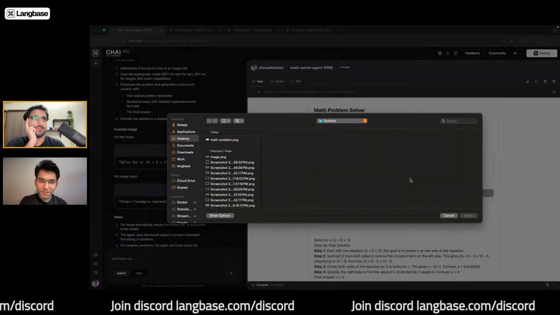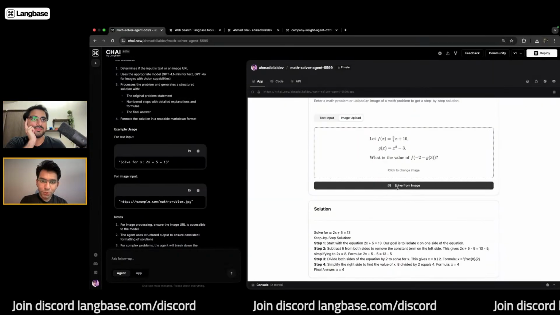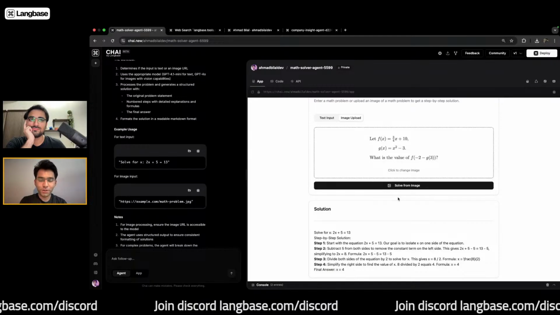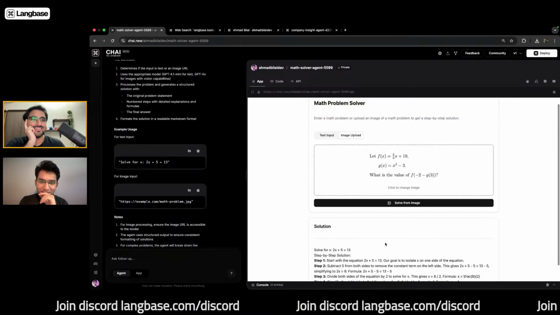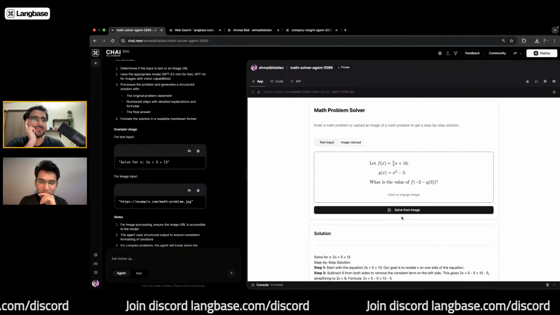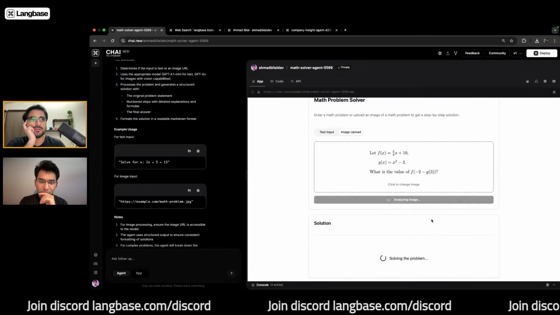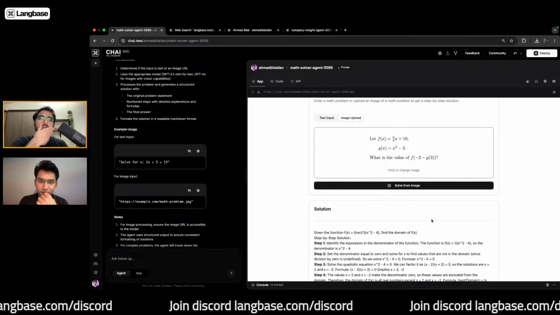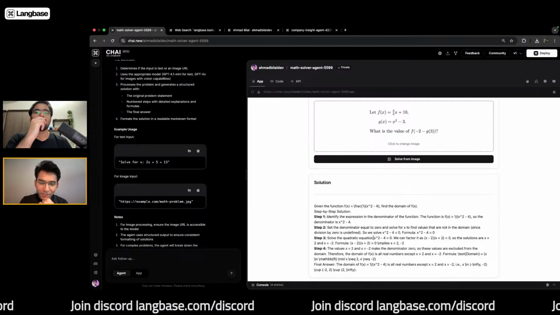I have the math problem here. Cool. By the way, I also quickly did the math in my head, and it was right. X equal to 4 is correct. Awesome. You can also go ahead and change it. Wow. Okay. Solve the image. It's analyzing the image. Let's see if it works or not. Wow, that was fast. It does work. Wow.